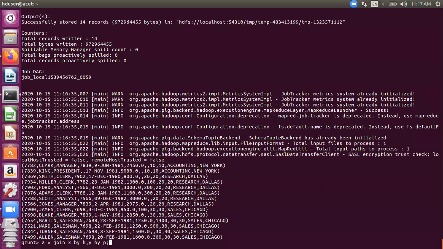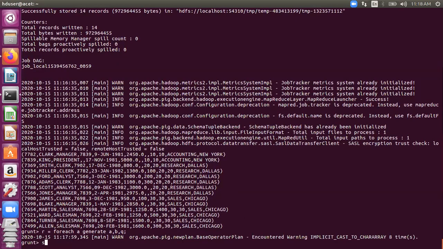From this you can make projections, like if you want to display just the employee number, the employee name and the department name, then you can make a projection here. For each A, generate A comma B comma Q. Right? So A is your employee number, B is your employee name, and Q is your department name, right?